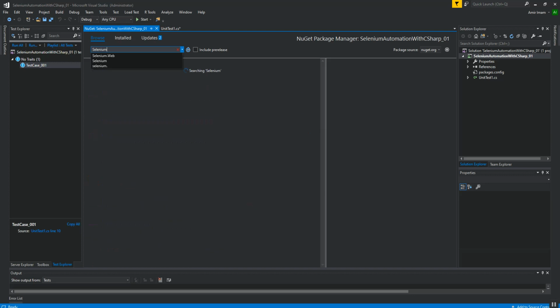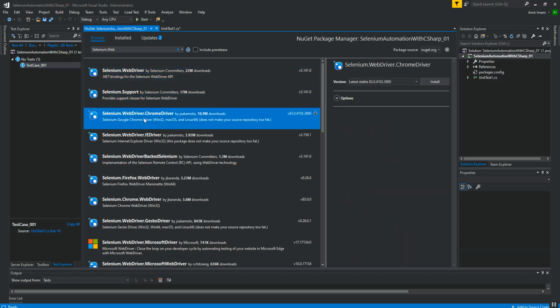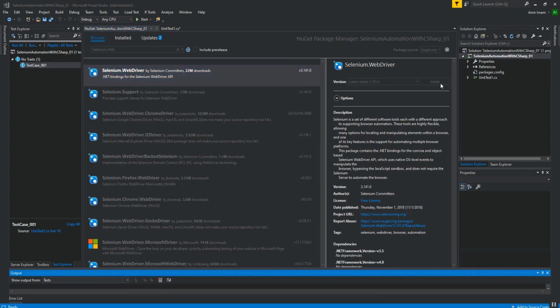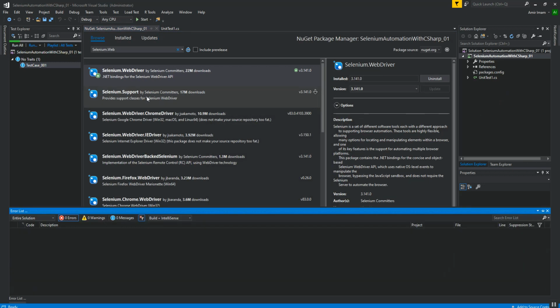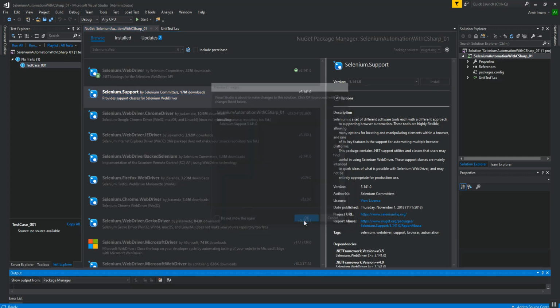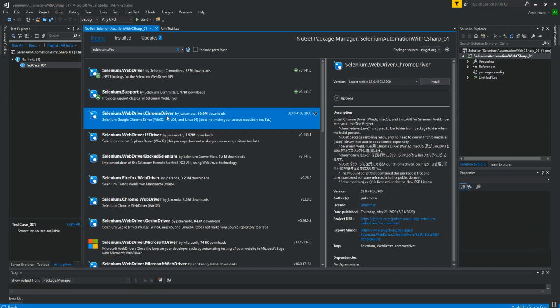Move to the Browse tab and filter the entire library by using Selenium.WebDriver. We need to install these three files, and they come on top as well. I'm selecting Selenium.WebDriver and going to install this. Okay, this is installed. Now moving to Selenium.Support, click on install, and this is installed as well. Now we are going to install Selenium.WebDriver.ChromeDriver.